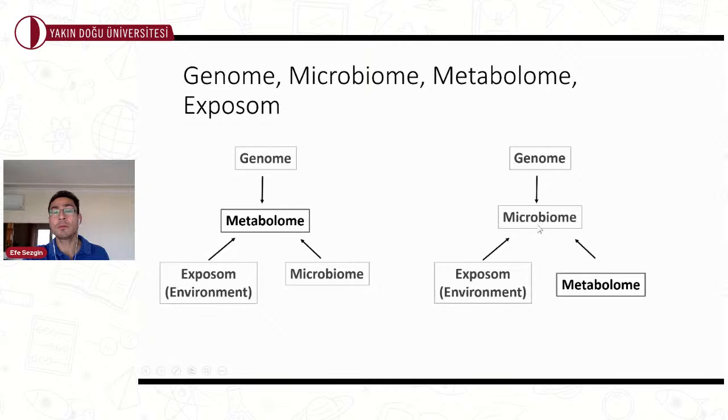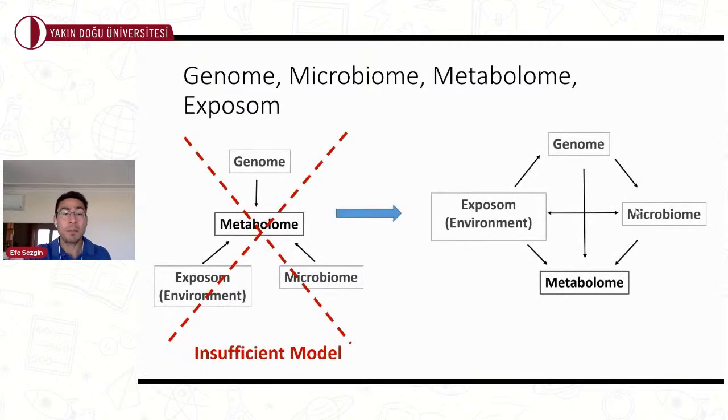All of them seem to be influencing. Or if you're interested in the microbiome perspective, where research is focused on the microbiome, people do some genetic studies and show that the microbiome is influenced by genetics. The environment clearly influences it, and the metabolome clearly influences it. These are all one-by-one interactions. But what I'm suggesting is that these are really insufficient models, because our results clearly show that, for example, we kept the environment constant here, but it clearly has an effect. The genome, as I showed you, has an influence at least on fat metabolism. And the genome also influences the microbiome. As you can see, it influences Ascomycota and Basidiomycota levels.